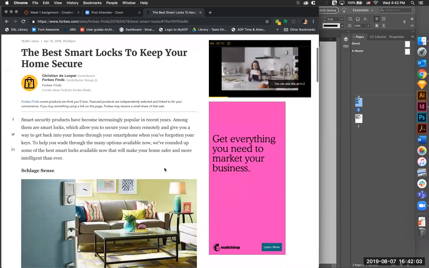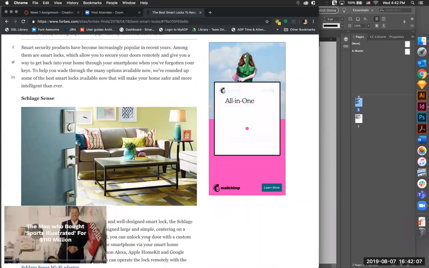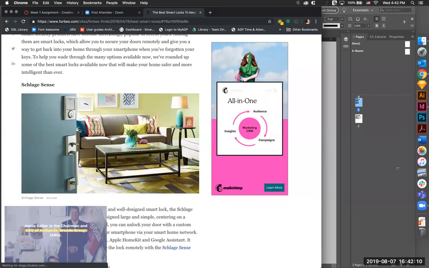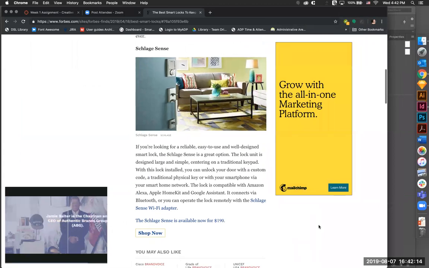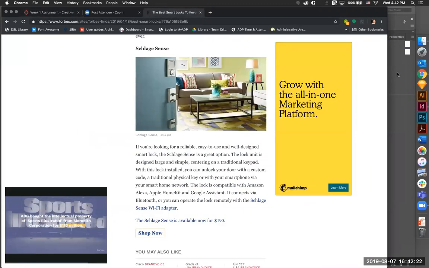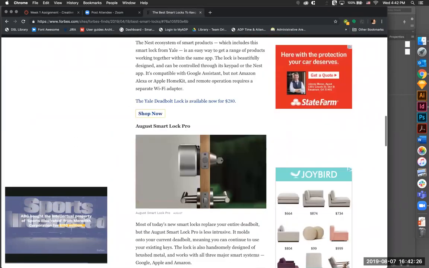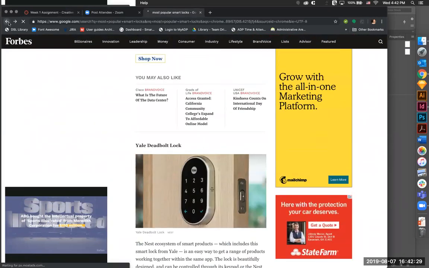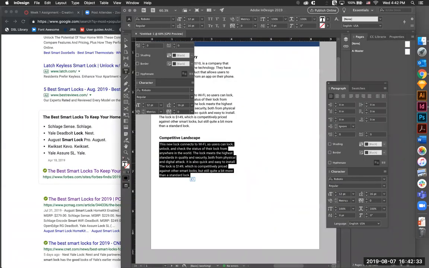All this stuff is popping up. So let's go ahead. The best smart locks to keep your home secure. There's this Schlage Sense. If we read about it, what we're trying to find out is what differentiates us. So really it could come down to maybe using all five of these. And I think there was a good summary right here. We can say,